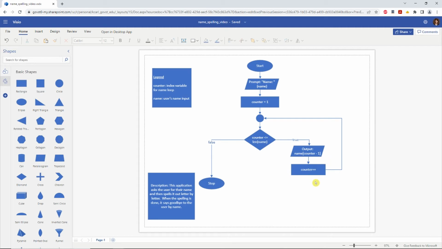We increase the counter again to 3. Run again. Is 3 less than or equal to the length of Bob, which is 3? That's true. We then output name at 2, increase the counter one more time to be 4. We run the check again, and we see that 4 is not less than or equal to 3, so we